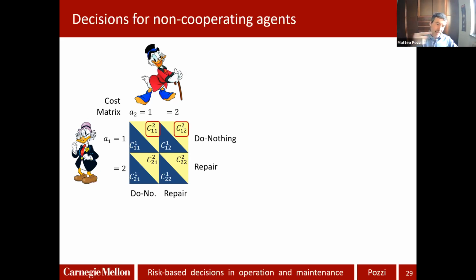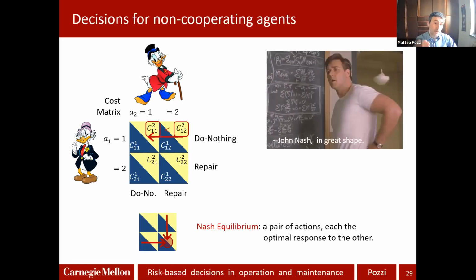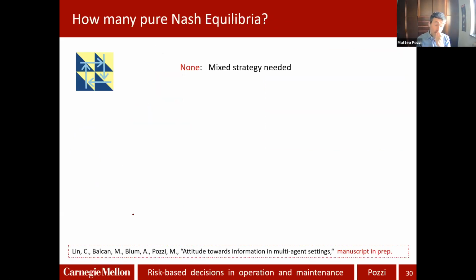And now you can put some arrows that define what would be the conditional response of any agent with respect to a decision of the other agent. And when, like in this case, you see the two arrows pointing to the same cell, you have what is called a Nash equilibrium. The idea is a pair of actions, each of them optimal with respect to the action of the other agent. And now, in order to understand what is the effect of information in that, we ask, well, how many